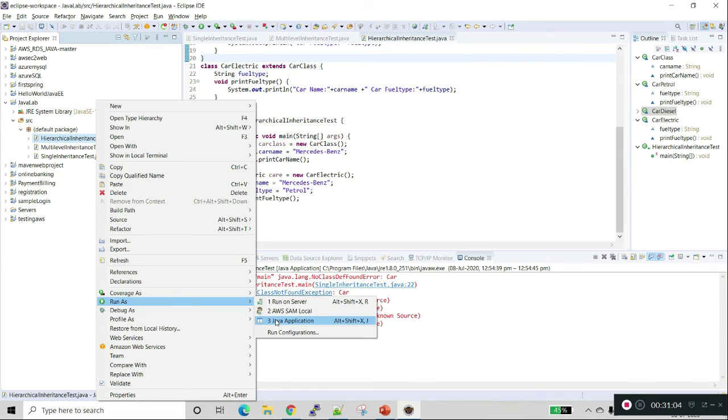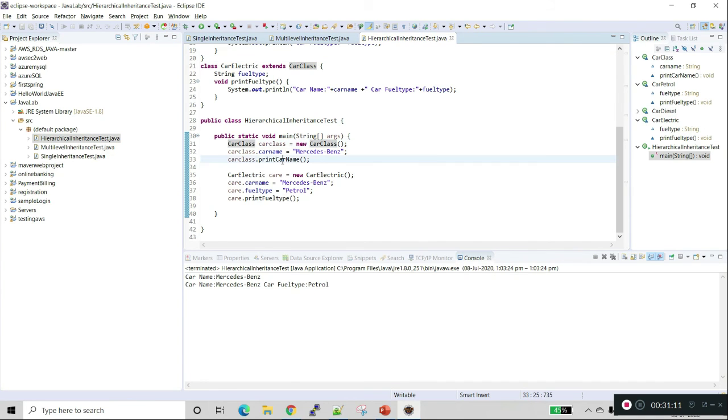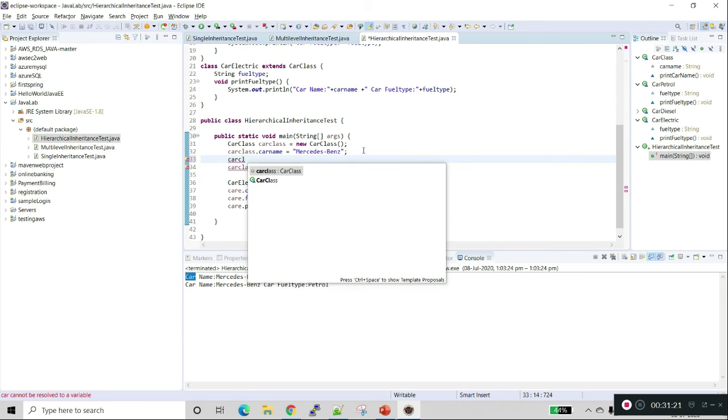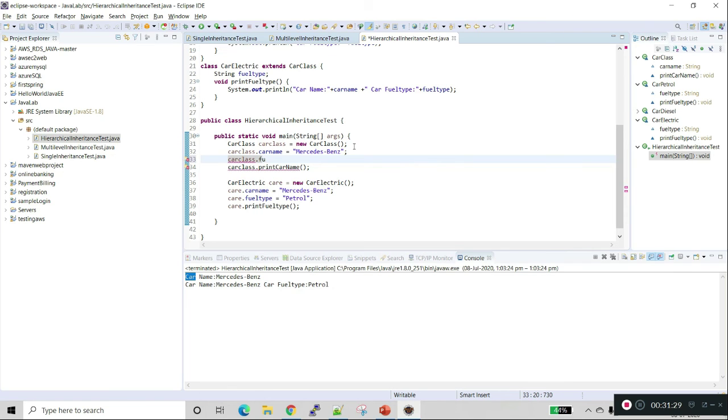Run as Java application. Now if you see here, this is the super class. I'm printing the car name, so it's giving only the car name. In the car class I can't access fuel type, because it is in the subclass, but in the subclass I can access superclass methods and variables.